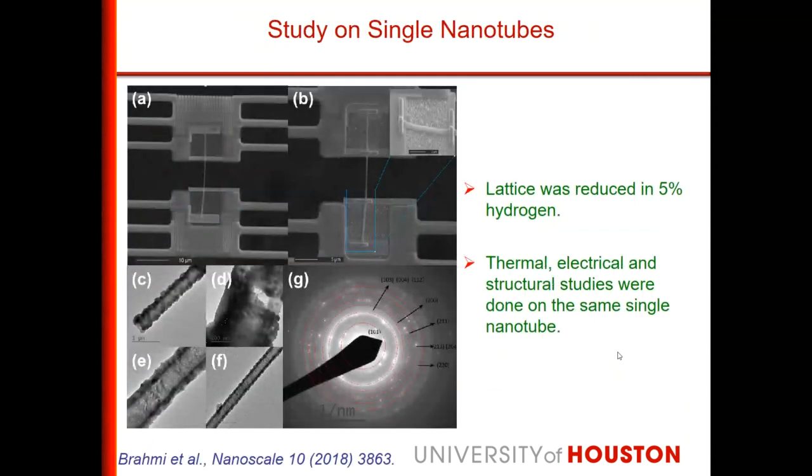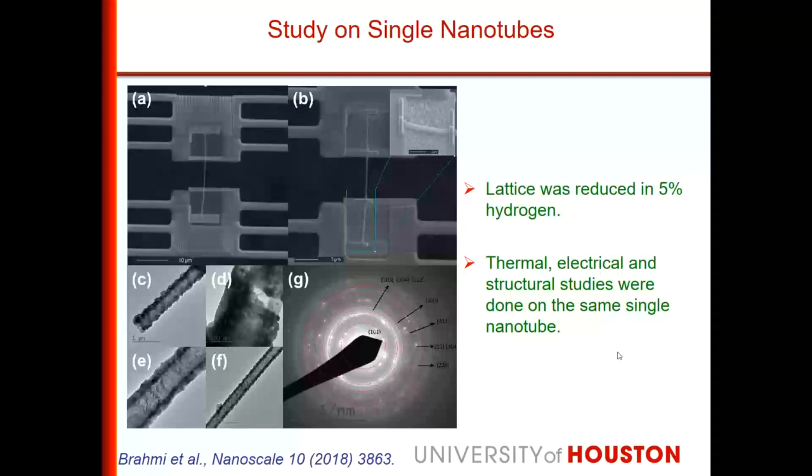So now we do the fundamental studies of the nanotubes. You can see this is a 4-probe setup. I don't know how many of you are familiar with electrical transport measurements using the 4-probe method. This has 4 probes, and this is a single nanotube of titanium dioxide. It can be heated on one side, you can see the heater coils, or both sides, whatever we want, and we can study the electrical properties, thermal properties, and the structural properties of the same nanotube using this arrangement. This is called a micro device. So these are the nanotubes we studied.